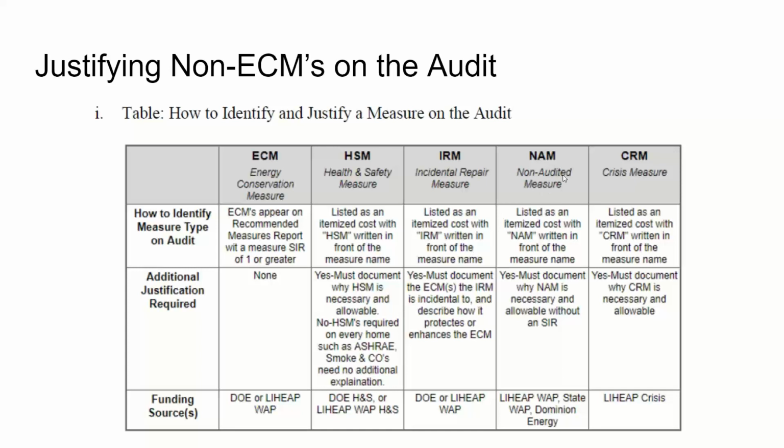And then for the non-audited measures and the crisis measures, these are both pretty much the same. You're going to list them as an itemized cost using the appropriate acronym, either an NAM or a CRM. Now, we've talked about this in a few trainings in the past, but it wouldn't hurt to say it again. If you know that you are going to be addressing something under your crisis program with your crisis funding, and it is something that you do identify during the weatherization process,